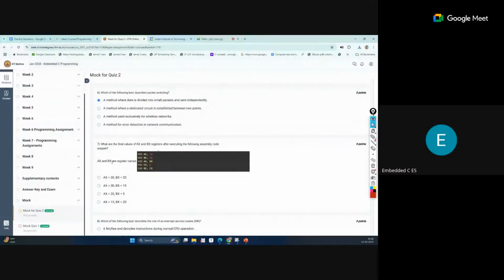Okay, now we come to the seventh question. What are the final values of the AX and BX registers after executing the following assembly code steps?